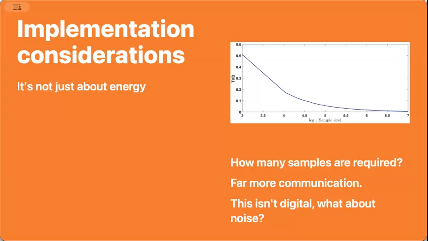Well, this plot here on the screen at the moment shows this. On the x-axis, we've got the number of samples. And on the y-axis, we've got what's called the total variation distance. This is a distance measure used to compare probability distributions. So a TVD of 0 means that two distributions are identical, and if it's bigger than 0, it means they're further away. So here what we're comparing is we've considered an instance of the boson sampling problem, and we've taken a case where we know exactly what its distribution is analytically, and we're going to compare that perfect ideal probability distribution with